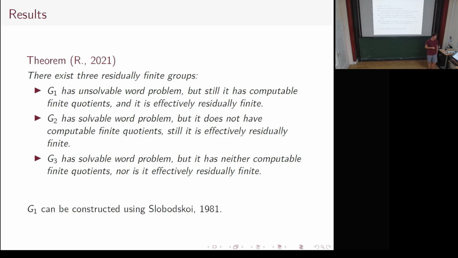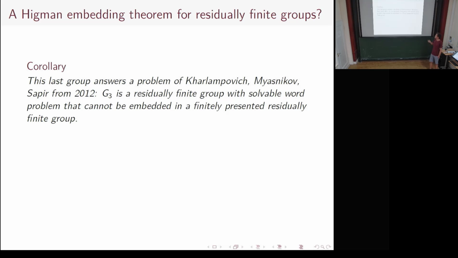The first group can be constructed using a result of Slobodskoy on the universal theory of finite groups, undecidability of the universal theory of finite groups. And let me also note that this last group, G3, answers the problem of Harlampovich, Myasnikov, and Sapir, because it's a residually finite group with solvable word problem, which cannot be embedded in a finitely presented residually finite group, because